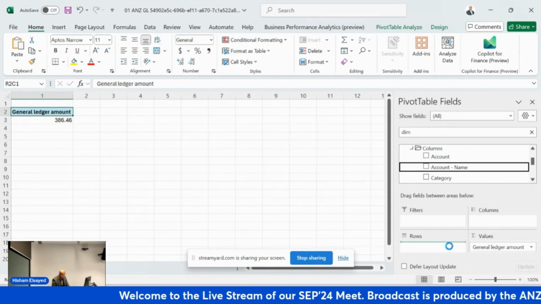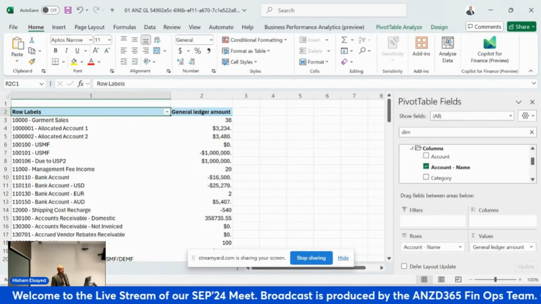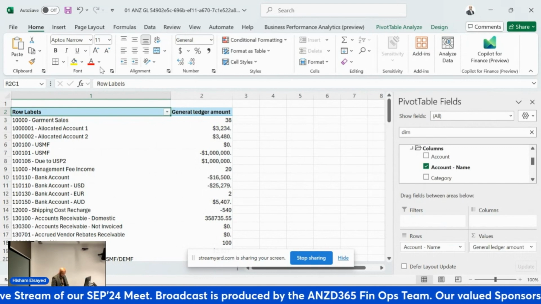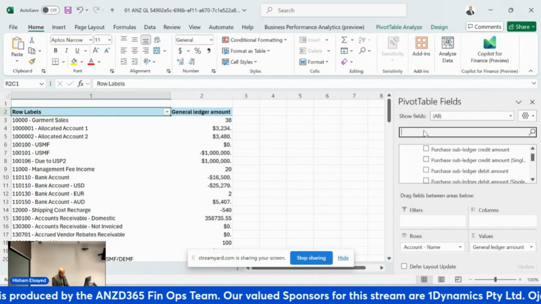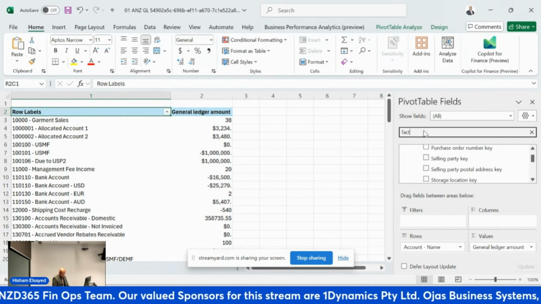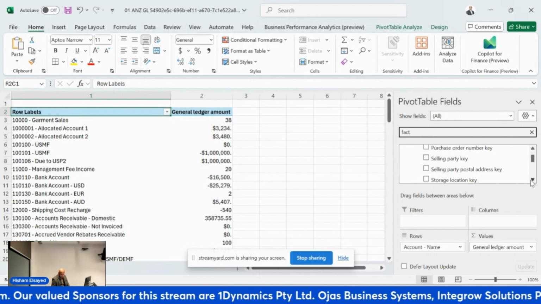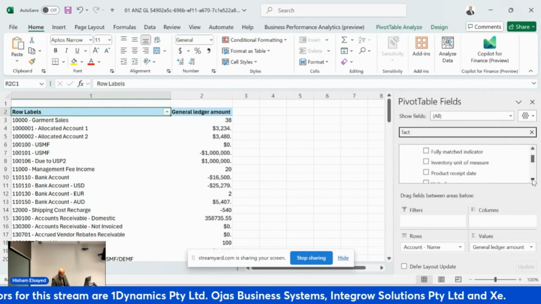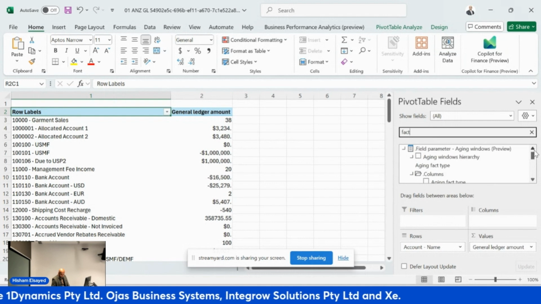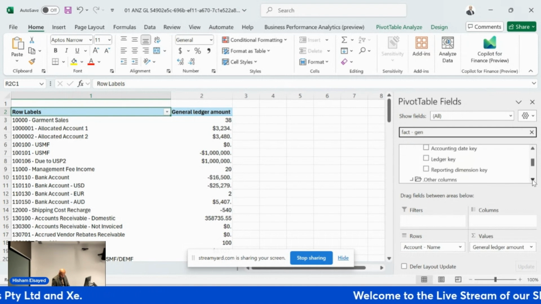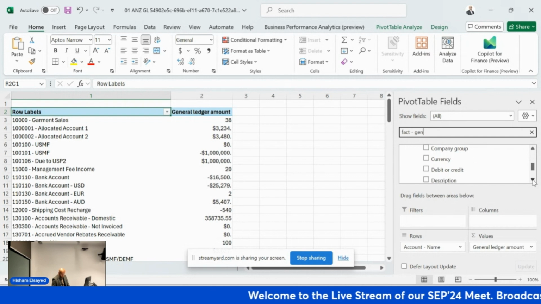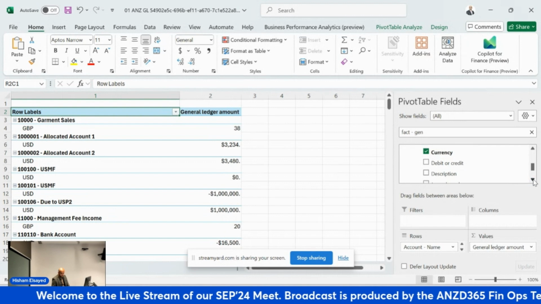I put it here, so you can find the list of general ledger. Okay, then I will add some facts about this ledger. Yep, like I need to add currency, so it's easy